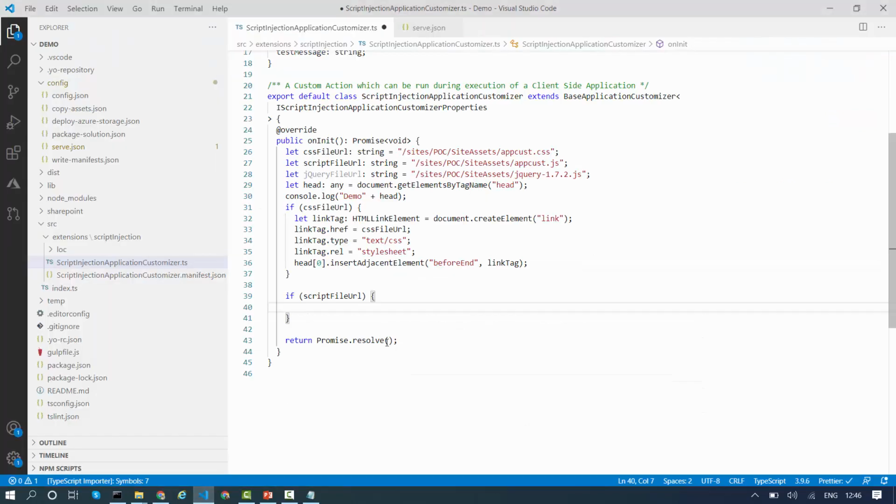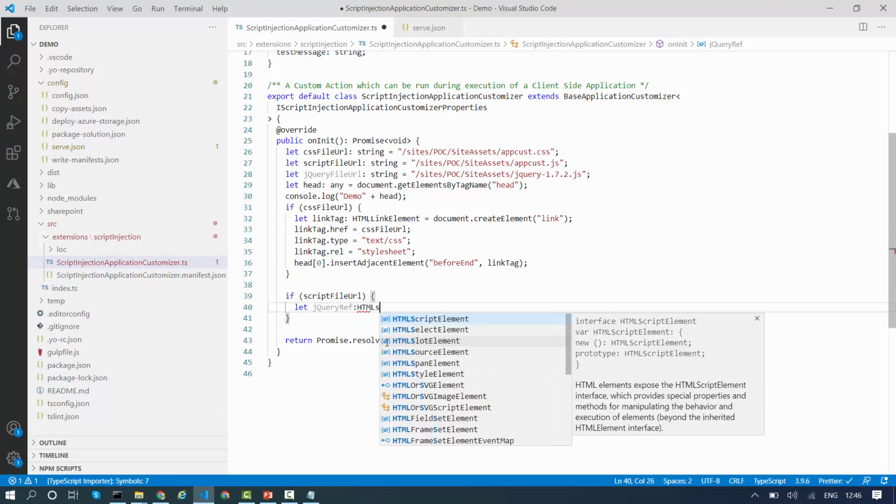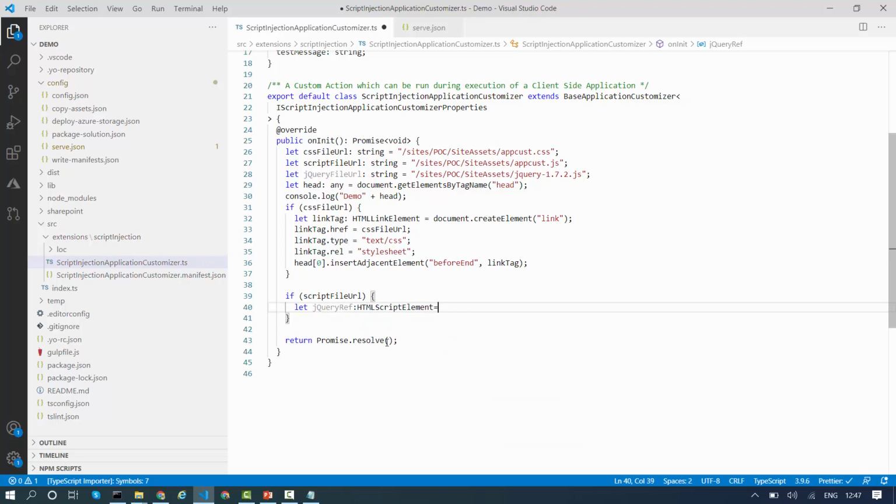So I have to create two script tags, one for the jQuery reference and another for my custom JS reference. So let's go forward and create the two script tags. I'll say let jQueryReference, it will be of type HTMLScriptElement, and I will say document.createElement of type script. This is done.